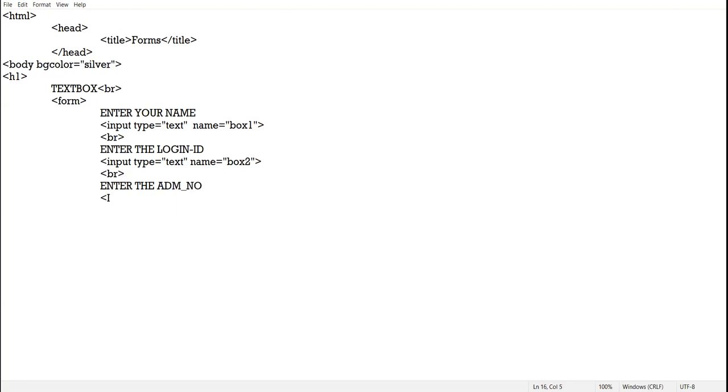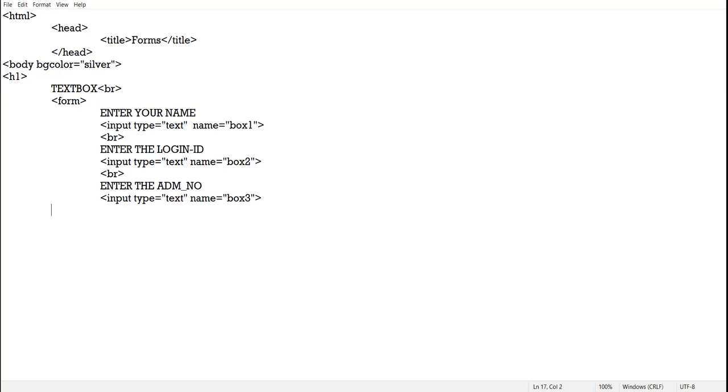Again, one text box you want to create. Input type equal to text, name equal to box3. So 3 text boxes I have created.